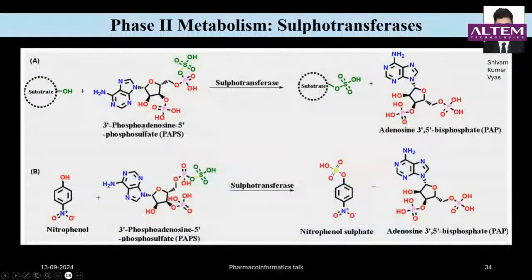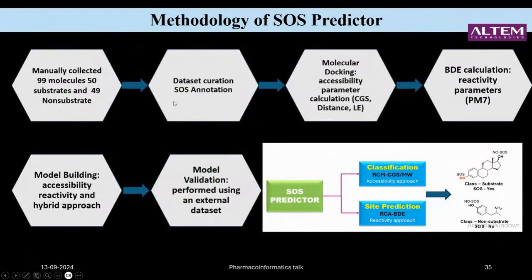So moving forward to the phase 2 enzymes, which one of the students has recently completed this part of the work, we are interested in sulfotransferase because we noticed that no reliable method is available in the literature to predict this complicated sulfonation reaction. So we focused our attention on that. We collected the available literature data, and we painstakingly did the annotation manually.